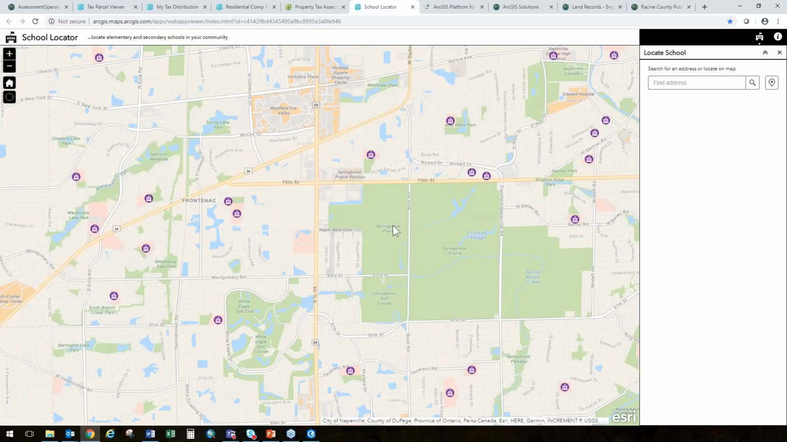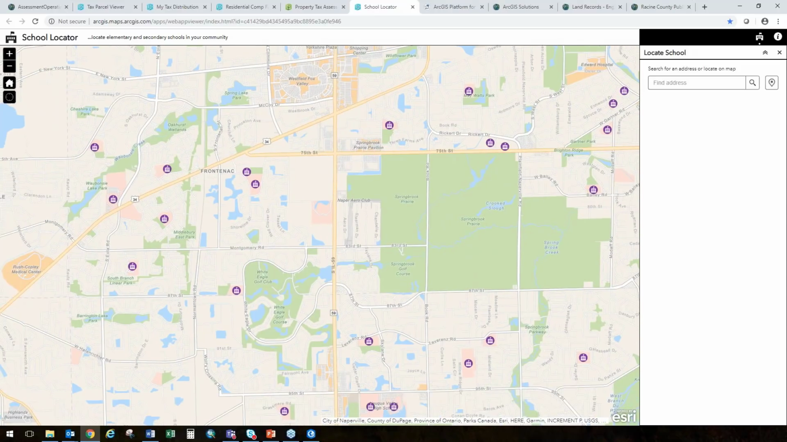So the second to last application that I want to show you in our Assessor's Office public engagement solution stack is a school locator. And I'm going to spend just a minute talking about this before we really drill down into the aspects of what this application necessarily does. But a lot of these applications that I discussed, whether it be the tax parcel viewer, my tax distribution, residential comp finder, this can be used for existing residents, or it can be used for people who are possibly looking